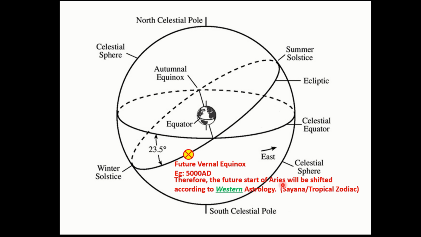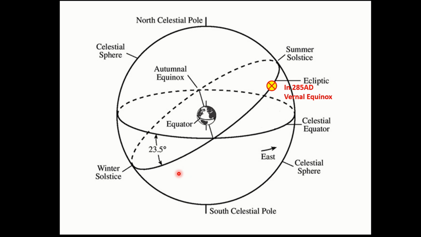But in actual fact, we do not want this situation, because we want our zodiac, our rashis, to be fixed, the stars to be fixed, and the planets to actually revolve around them. But in this case, it looks like the rashis also will be shifting, and this is not a concept that is correct. So this is where the Indian sages, they were well aware of all this, and what they did,